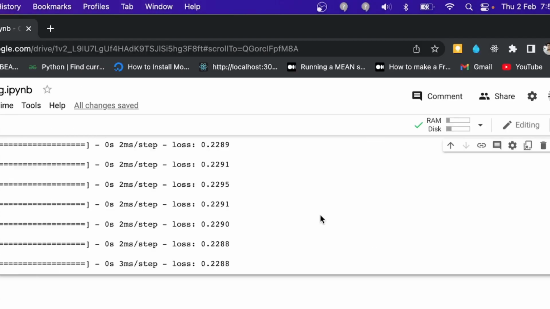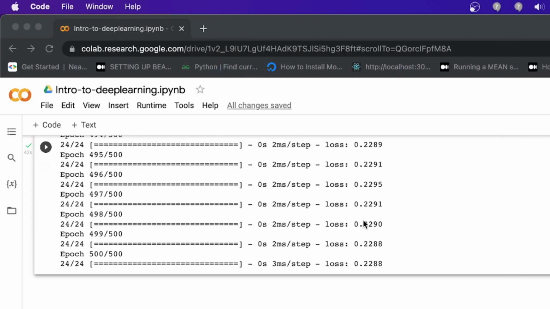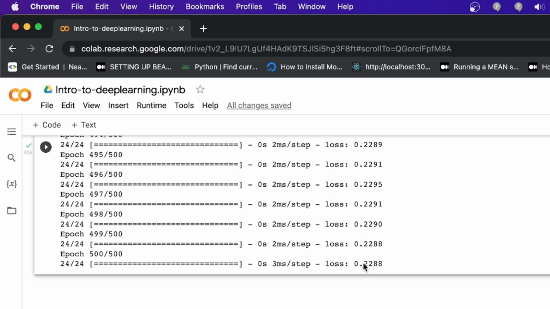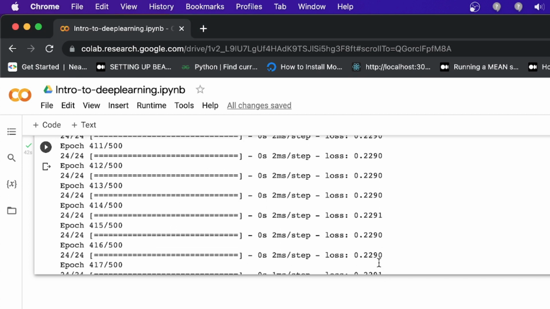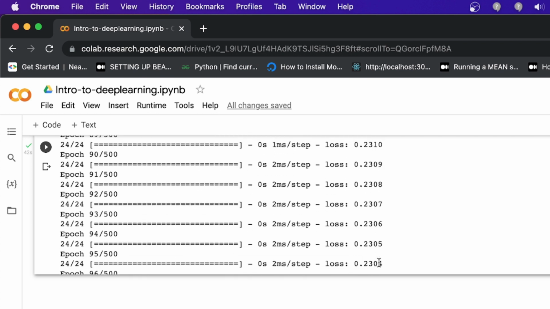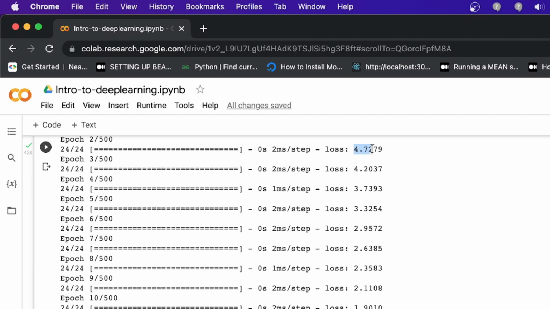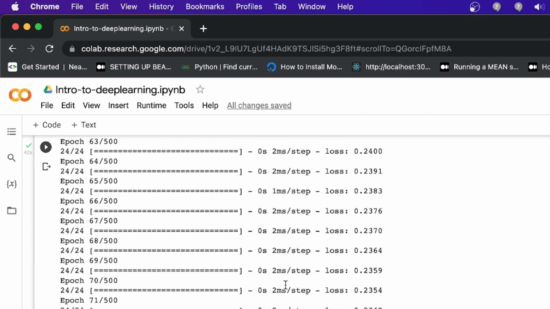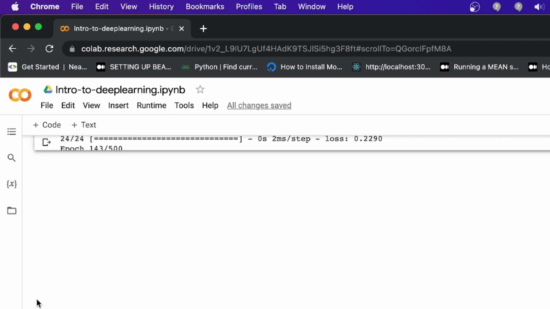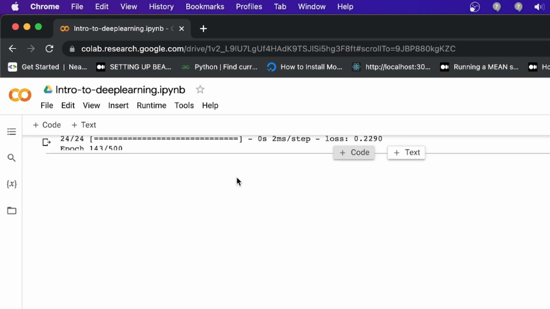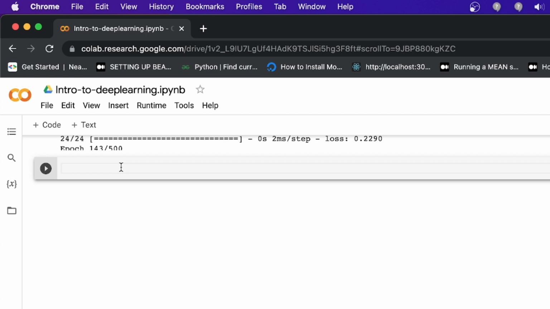Guys, you see after the epoch the loss function is 0.228, and you know in the first case the loss is some big number. So now let's plot the loss function diagram, and suppose I'm going to pass this history value. To see this history, I'm going to use one elaborate only for that, nothing else.